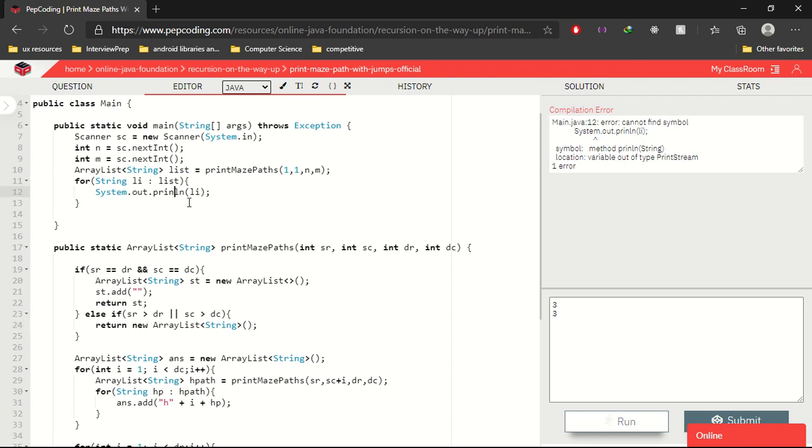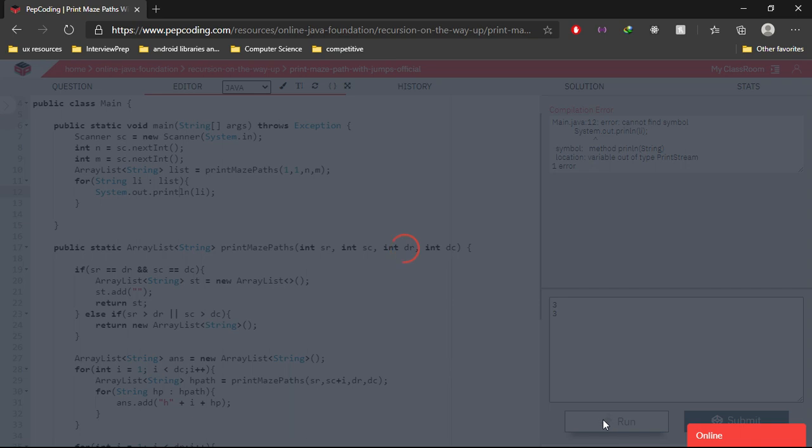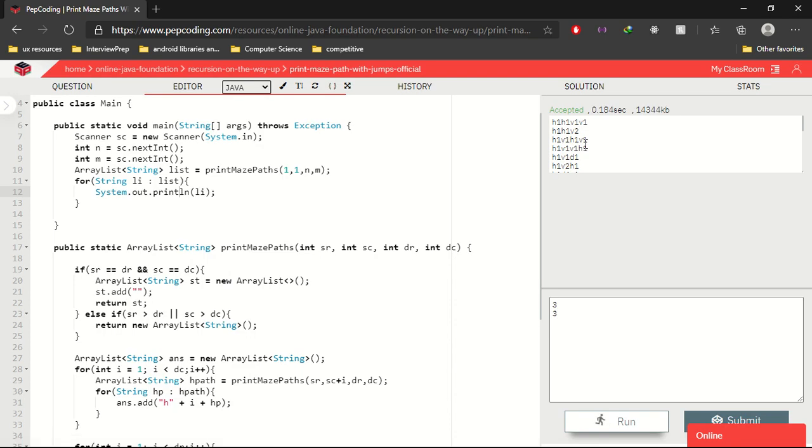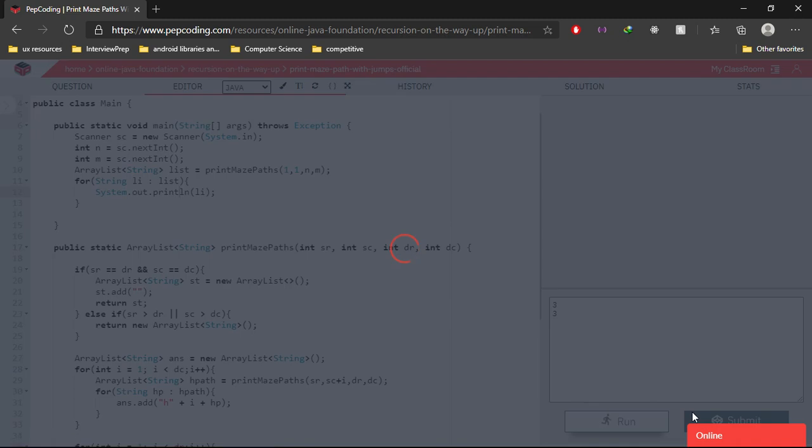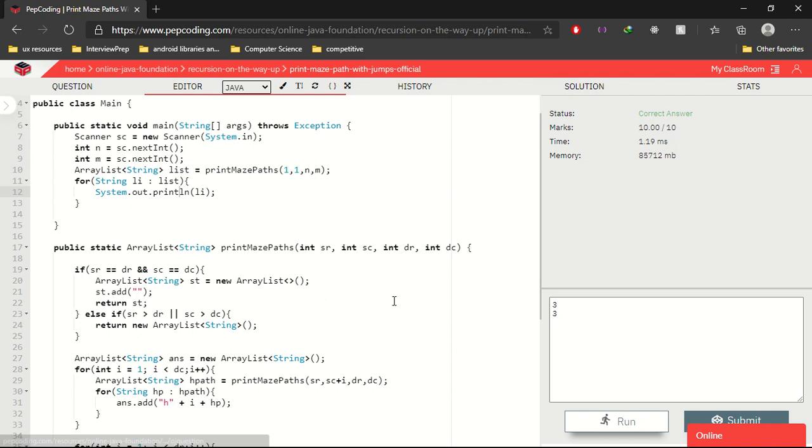System dot out dot println. Sorry, my bad. Yep, this is getting compiled. I guess this is the answer. Submitted. Yes, this is submitted.